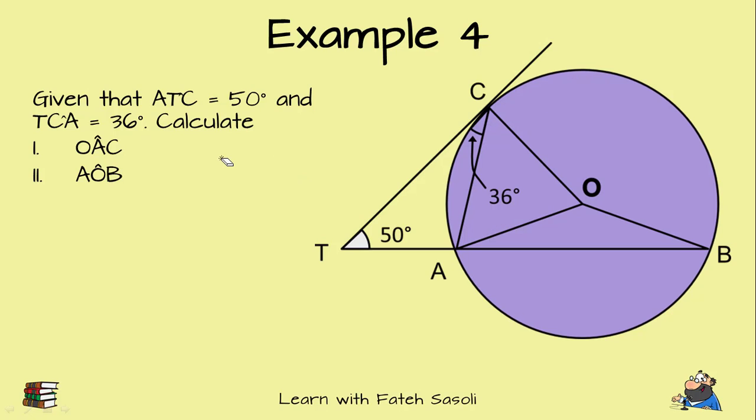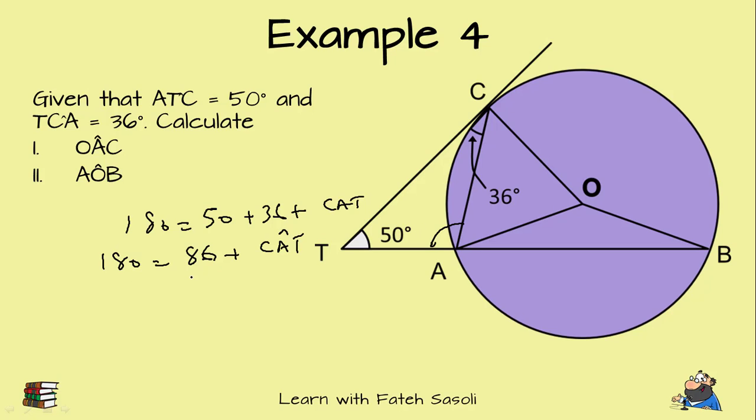According to the triangle rule, we have angle CAT being this 54. This angle right over here, which is 180, should equal 50 plus 36 plus this angle over here, CAT. This would come up to 86 plus CAT, and this angle over here was left to be 94 degrees. So this here was 94, this angle here was 54 degrees,